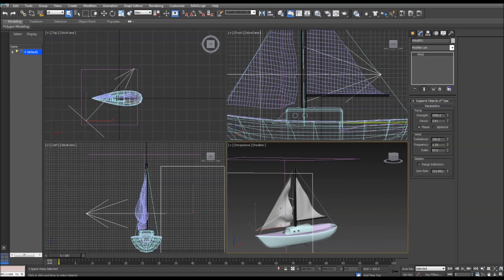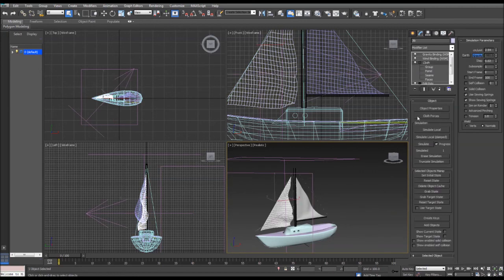So once you get all that set up, click back on your sail,